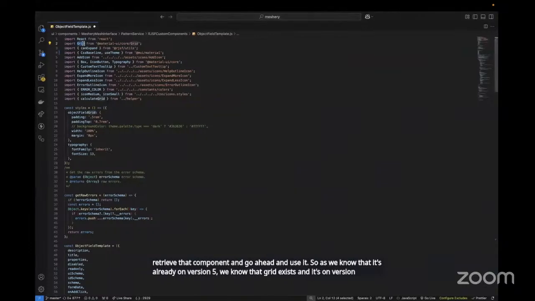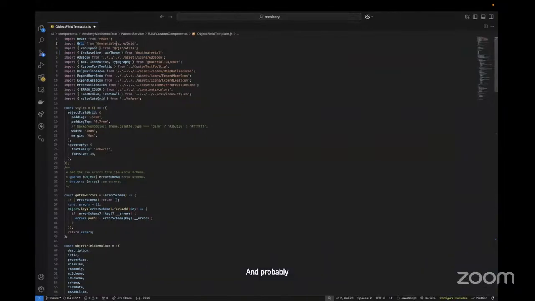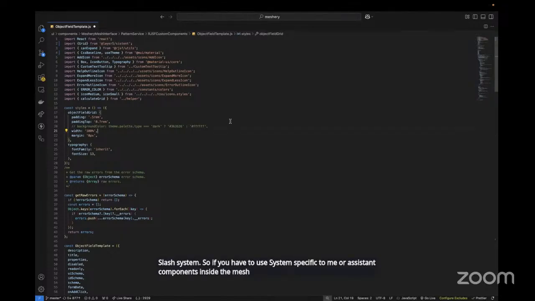So I can go ahead and probably do something like Grid from @layer5/system. If you have to use system components inside Meshery, even if you're creating a brand new component inside Meshery UI or anywhere else where you have to use system, you could just call it from @layer5/system.